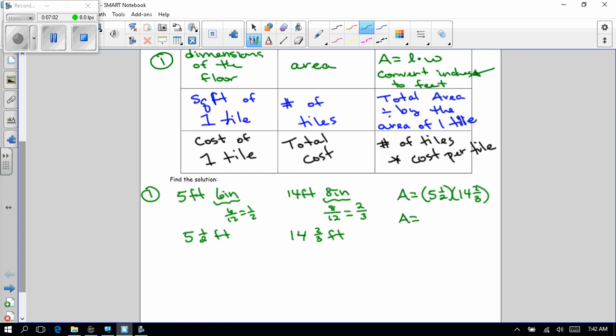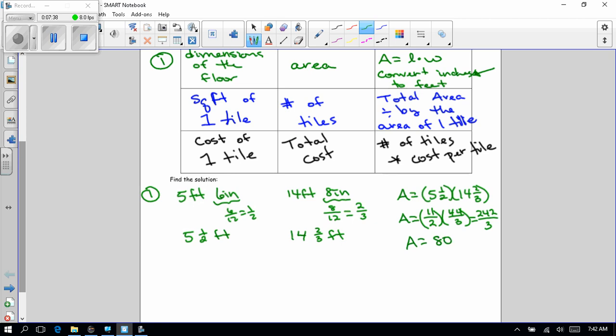All right. Or if you don't have a calculator with an ABC button, you can convert these into improper fractions. You do 2 times 5 on that first mixed number. 2 times 5 is 10 plus 1. That's 11. And you always put it over the denominator. And you could do the same thing with the other one. 3 times 14 plus 2, and you get 44 over 3. Okay, so you can do it that way as well. When I do that, I end up getting 242 over 3 when it's simplified, also known as